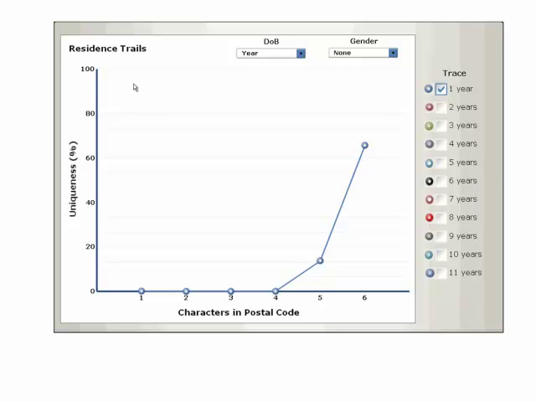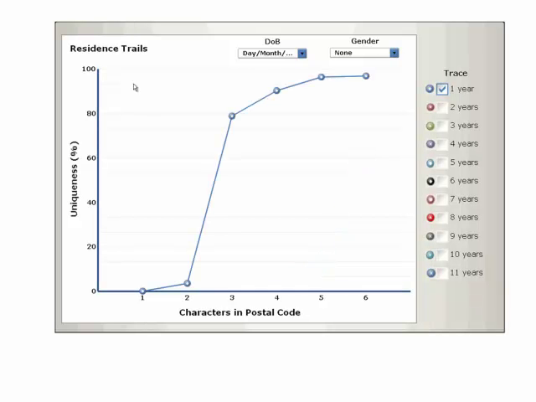So sometimes I talk to, let's say, research ethics boards and they say, oh no, we never allow anybody to release more than 3 characters of the postal code. So, okay, do you allow them to release the full date of birth? Sure, full date of birth is fine, but never more than 3 characters of the postal code. But here you see that 80% of the urban population would be unique on a 3-character postal code and the full date of birth. So removing precision from the postal code may not actually be reducing the risk sufficiently to claim that it's not identifiable or that the risk is sufficiently low.